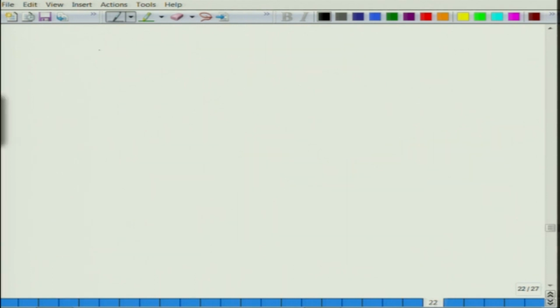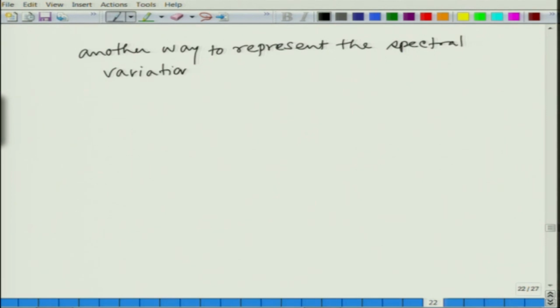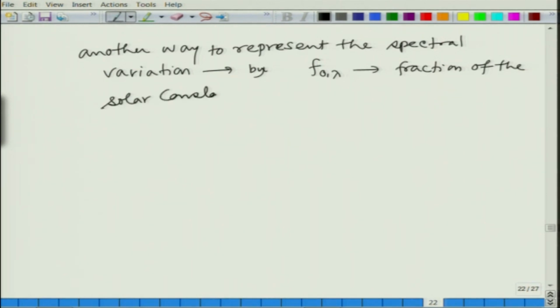Okay. Now, another way to represent the spectral variation is by this quantity which we called f naught lambda. Okay. What is f naught lambda? It is the fraction of the solar constant associated with wavelength shorter than lambda,